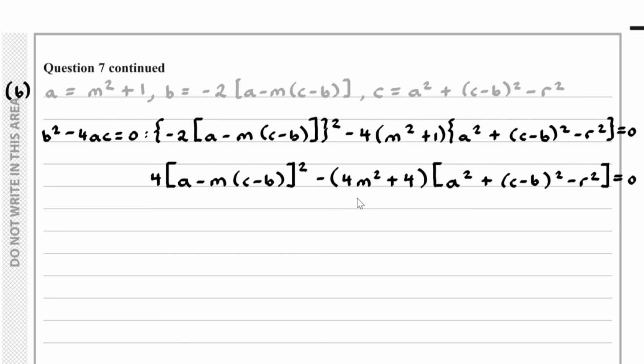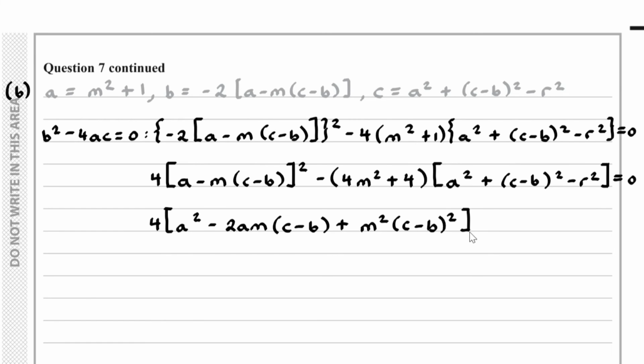So if we attempt to expand, well, we have 4 multiplied by, if I expand this over here, a squared minus 2am multiplied by c minus b plus m squared times by c minus b squared, close big bracket,